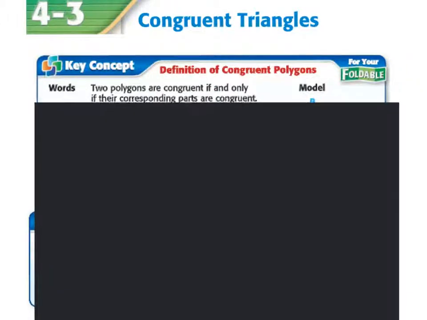Your new lesson. Here you go. Take out your notes and away we fly. 4-3 Congruent Triangles. So I'm going to start with just revealing to you what the definition of a